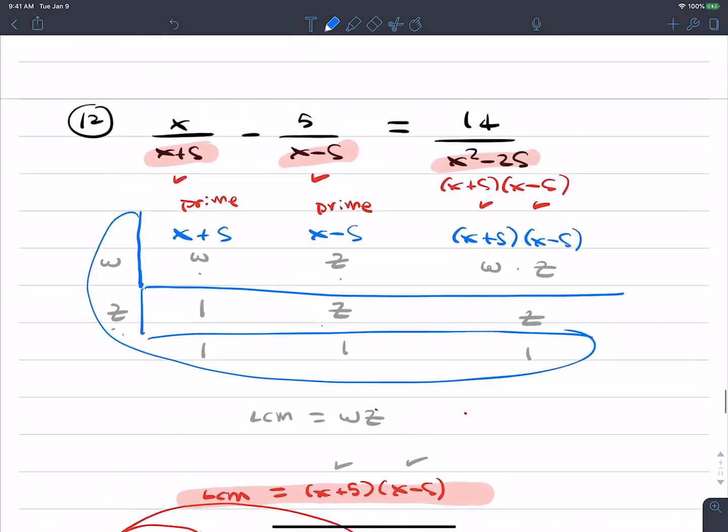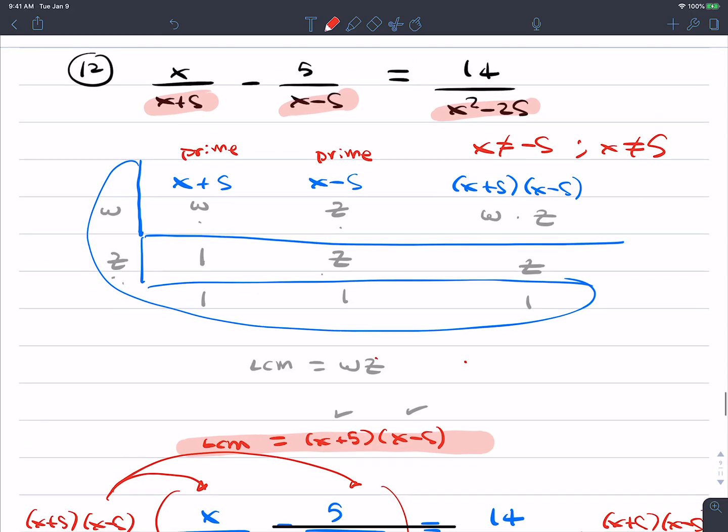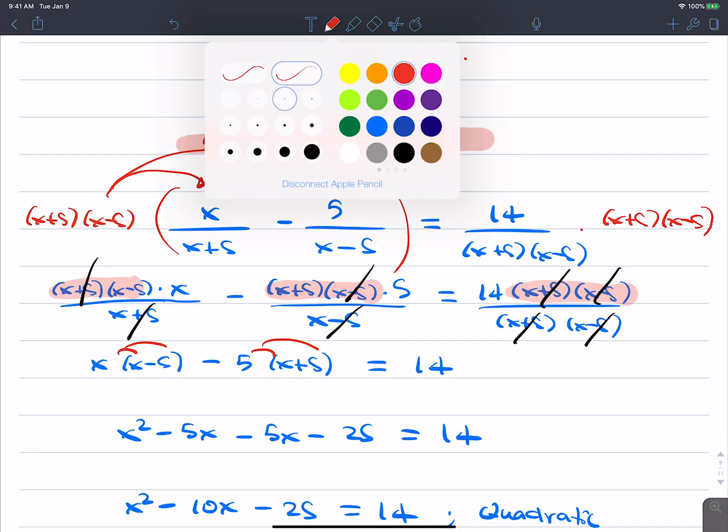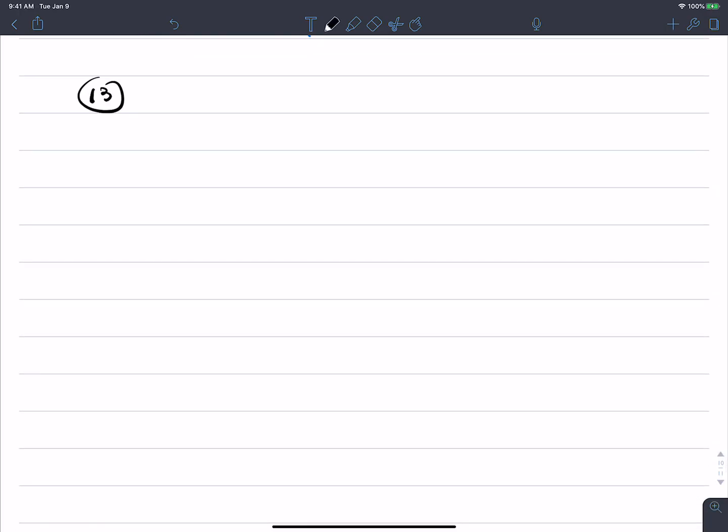Now let's go back to the original equation here. What do we know that x can't be here? If you guys take a look at this situation here, what's going to make this undefined? Do you guys know what two values of x? We know x can't be negative 5, right? And we know x can't be positive 5. So you may want to go back and check your solutions to double check. But I just want to give you guys that hint. What does that leave us to? What number's next? 13. Good. We have a few more, and then we could give you back your test, and we can get